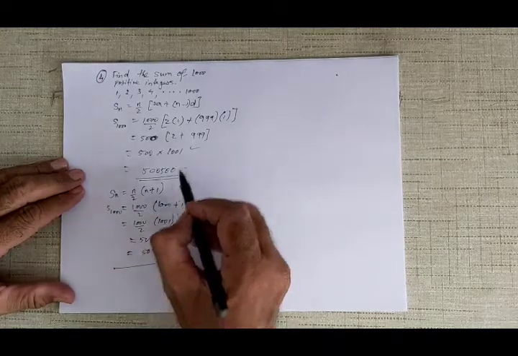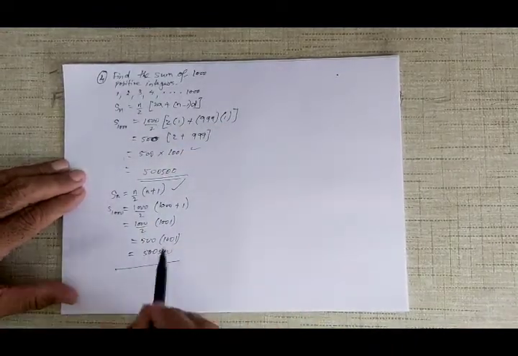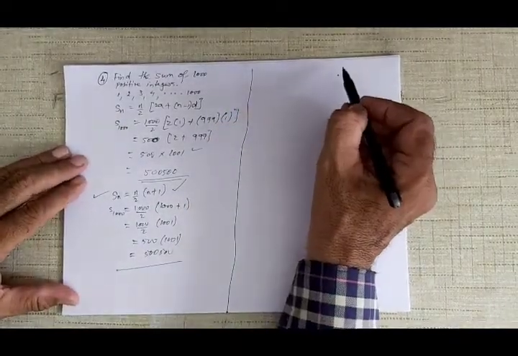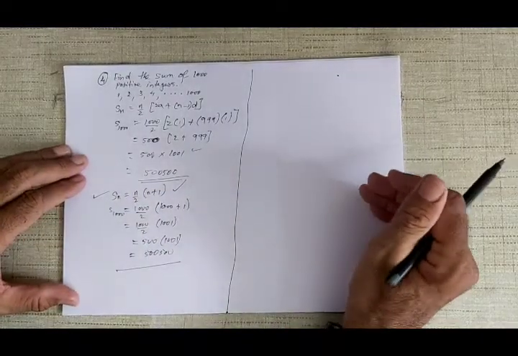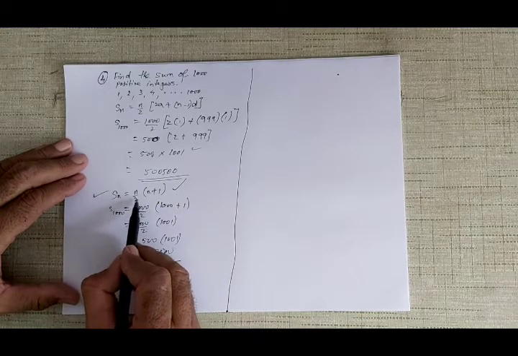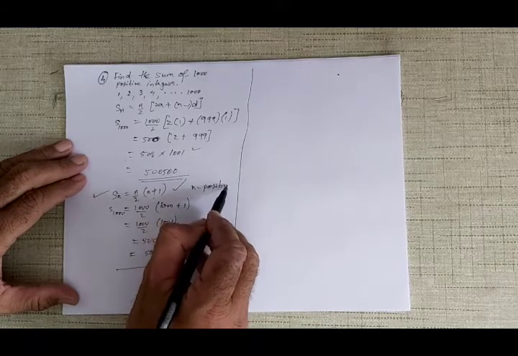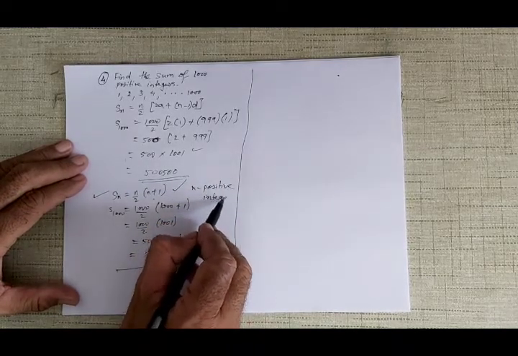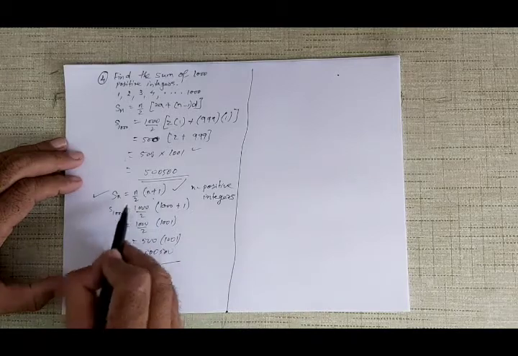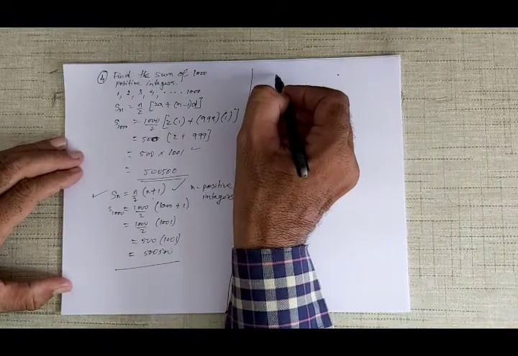If you don't remember this, you can just directly remember one formula only. एक ही formula को use करो, directly आ जाएगा. लेकिन अगर इसको use कर सकते हो, then also it is faster and shorter. Okay? Then after that, you want to find the first n positive integers. n positive integers के लिए देखो ये मैंने formula use किया है. This is the derivation for all positive integers. n positive integers would be n upon 2, n plus 1, which I have just derived earlier. Now let us take another one.